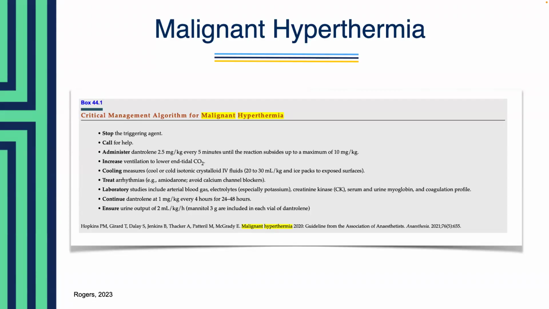So, additional risk factors include muscular disorders. So, thinking of patients with muscular dystrophies, other skeletal muscle abnormalities are at higher risk. Age. So, children and adolescents are more susceptible compared to adults. Family history, because of the genetics that we think of. Having a close relative who has experienced it increases your risk. So it's important to let the anesthesiologist know this. And then early identification of those at-risk individuals through genetic testing or careful medical history review is why it's so important to help prevent this life-threatening complication, especially during anesthesia administration.